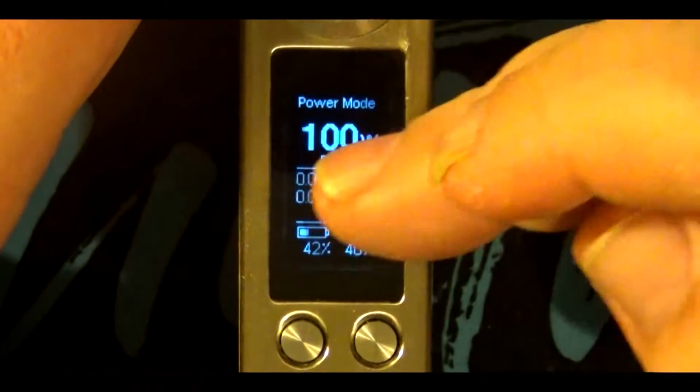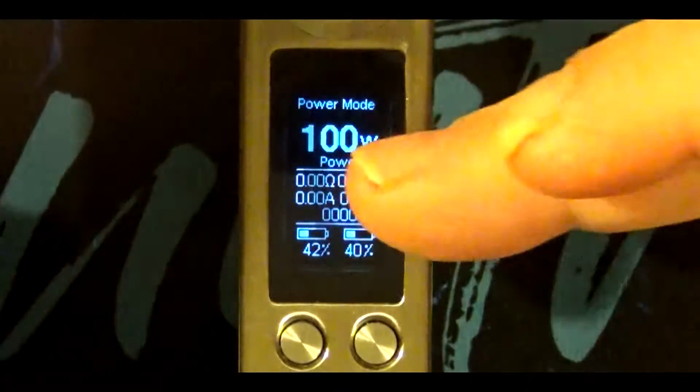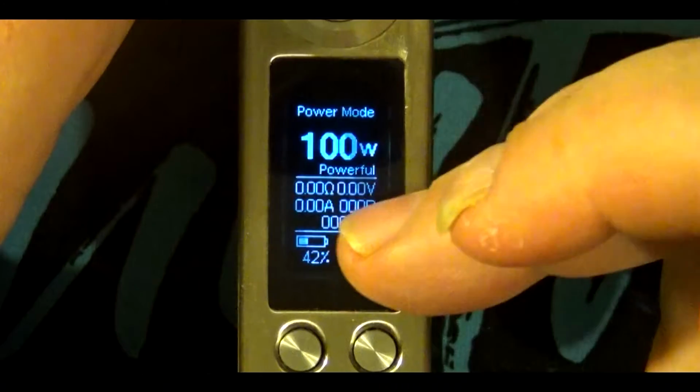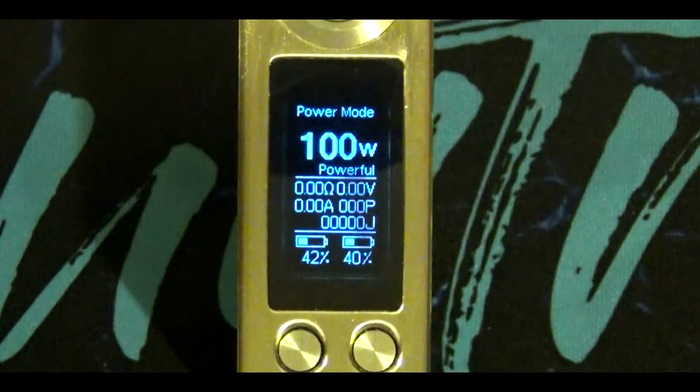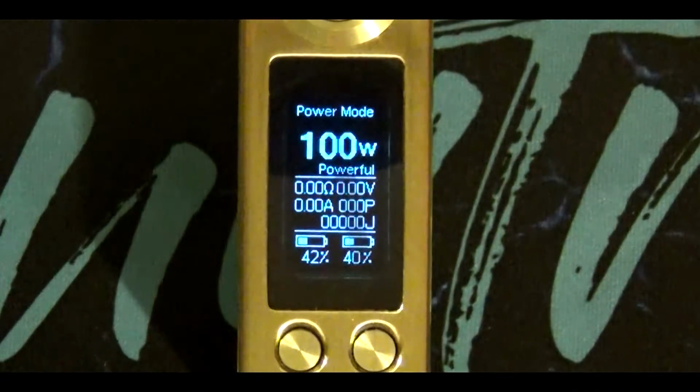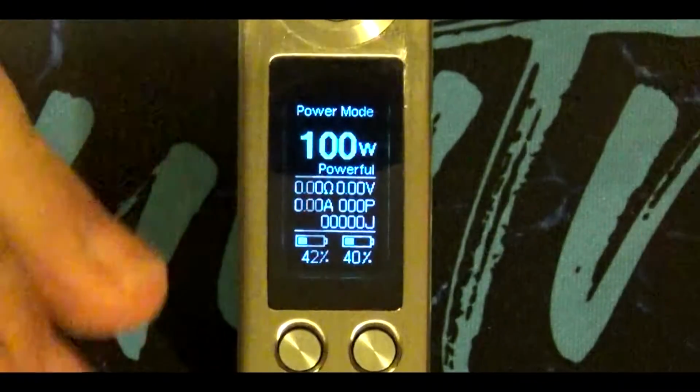Alright, let's say you have an RDA and you keep fluctuating ohms. This thing will not fire below a 0.1. It will not fire below a 0.1 ohm. Let's say your build is cold at 0.09, but warm it's a 0.11, right? So let's say you just want to stop the adjustment of the